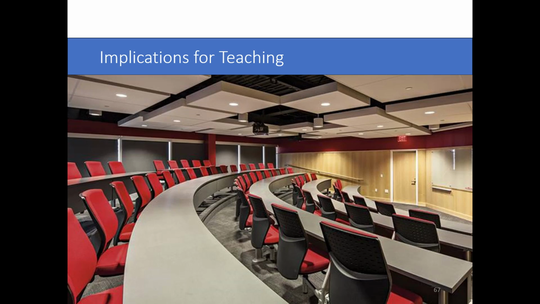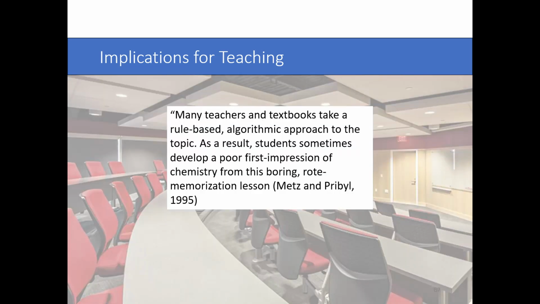But then what often happens in chemistry courses is they go, okay, now here is a list of significant figure rules, memorize these rules, also memorize this list of exceptions and caveats, and then internalize and apply these to every calculation that you do. This might not be the most effective approach, and in fact, when I was going through the literature, I found something saying basically that same thing. So this paper from 1995, they say many teachers and textbooks take a rule-based algorithmic approach to this topic. And as a result, students sometimes develop a poor first impression of chemistry from this boring rote memorization lesson. And I would add to that,